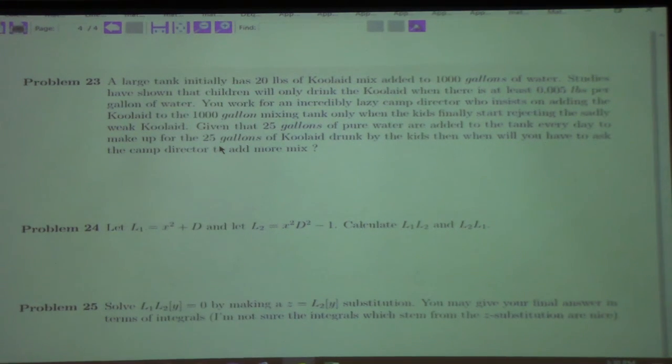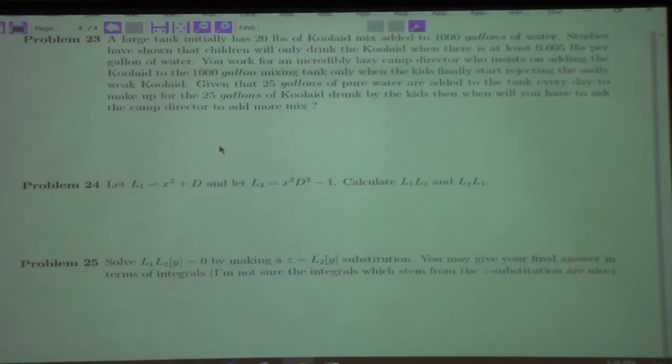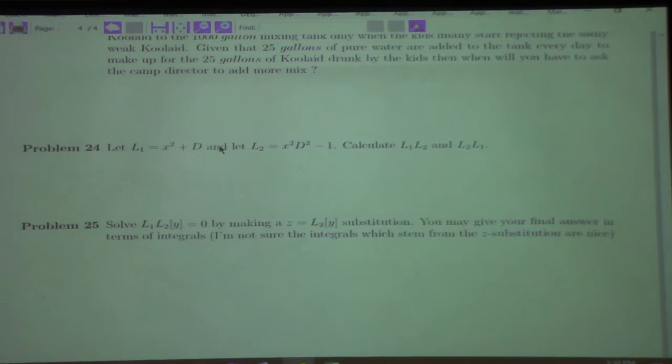I made up this question about kids drinking Kool-Aid. I'm somewhat proud of it. I'll let you look at it. It's not that hard. In problem 24 and problem 25,